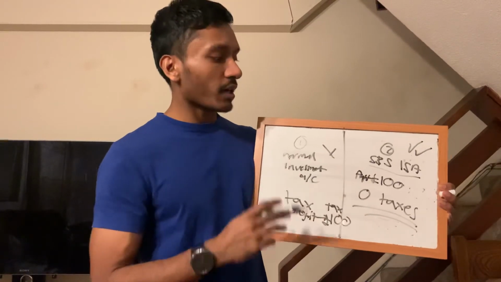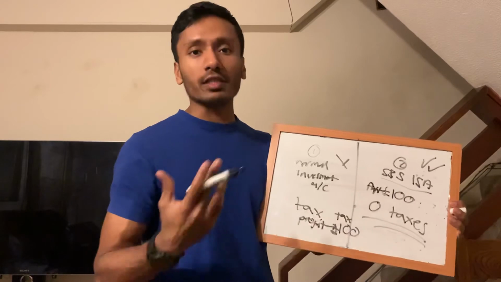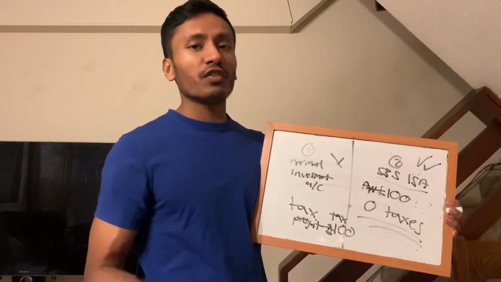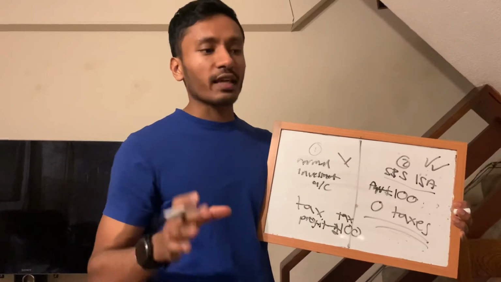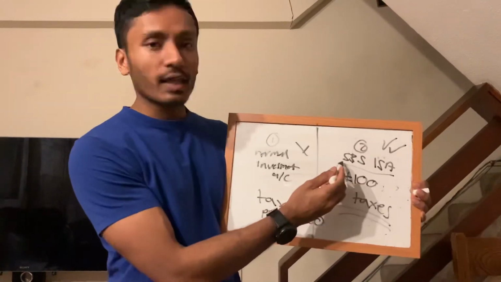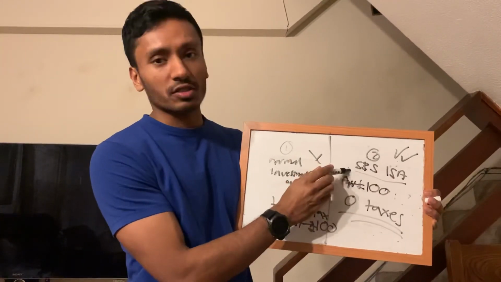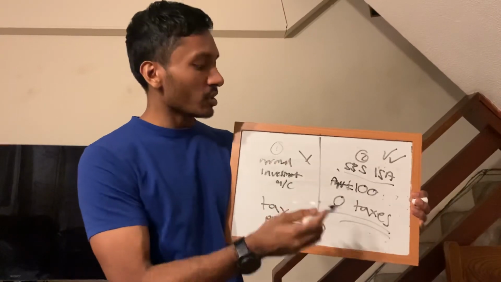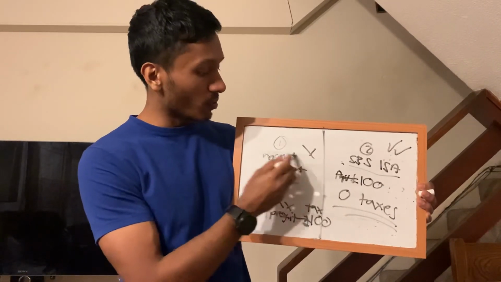Now, the only time you can't get a stocks and shares ISA is if you've already used your allowance. So if you've fully used your allowance by having a cash ISA with a bank, then it would mean that you can't, in the same tax year, have a stocks and shares ISA. And in that case, the only option to invest would be, I guess, through a normal investment account.